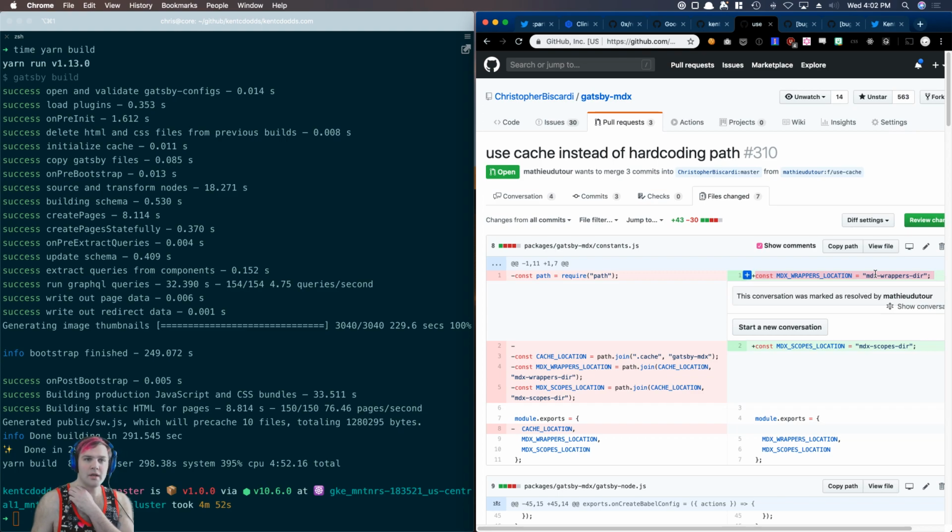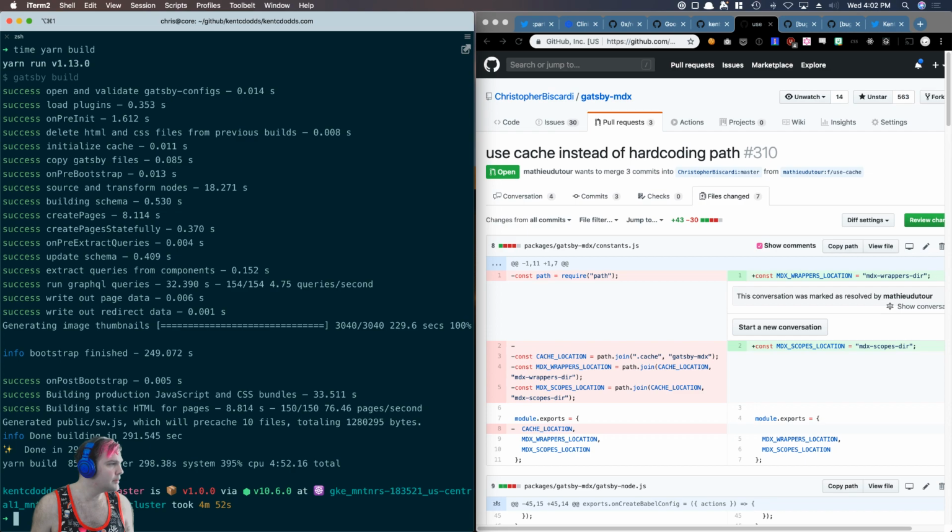This wrappers location isn't a variable we use anywhere anymore. That was the old way, when we used to take your MDX files and wrap them in a higher order component and then write them back out. Okay, so we were at